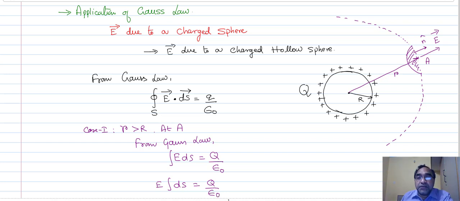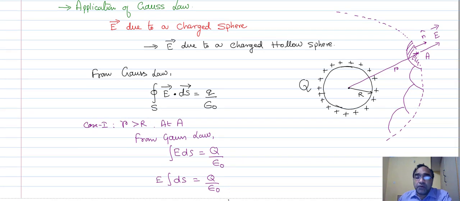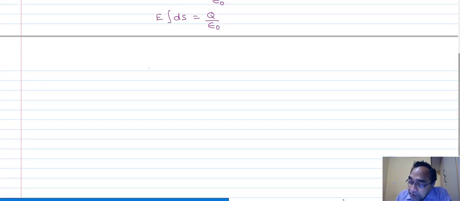Okay. Now, what will be integration of dS? Integration of dS can be visualized as summation of all such elemental areas which are there in this imaginary Gaussian surface. And area being a scalar quantity, if we add all those areas algebraically, we will get total surface area. So what will be the surface area of that imaginary sphere? It is nothing but 4 pi r square. This is q by epsilon naught. So we get E is equal to what? 1 by 4 pi epsilon naught q by r square.